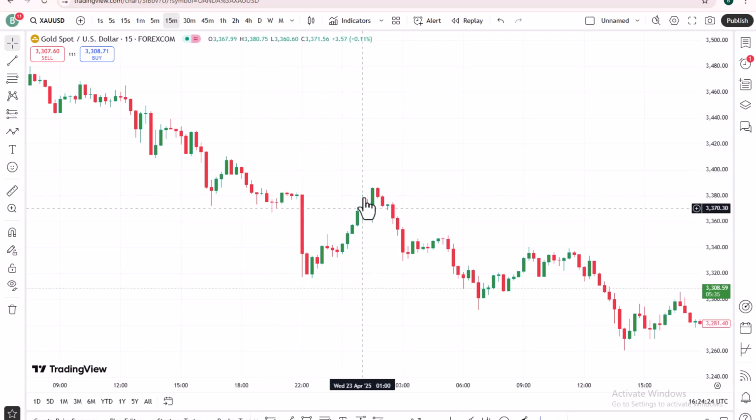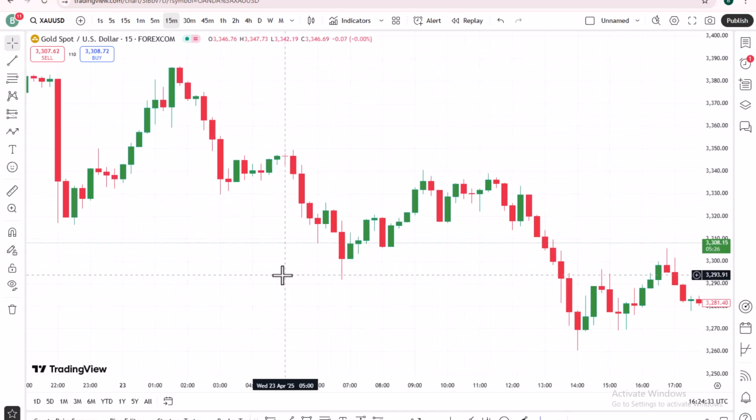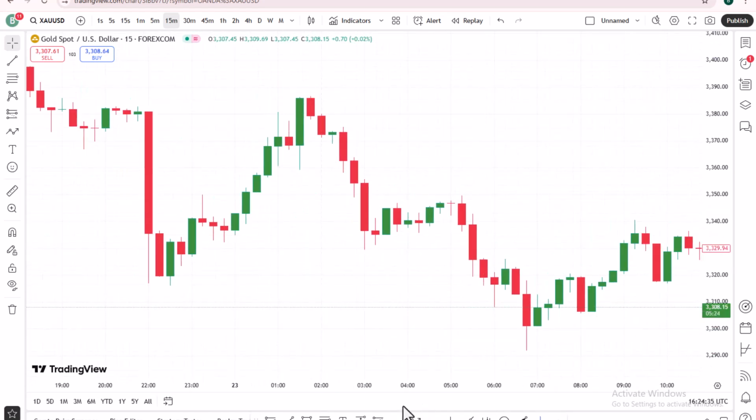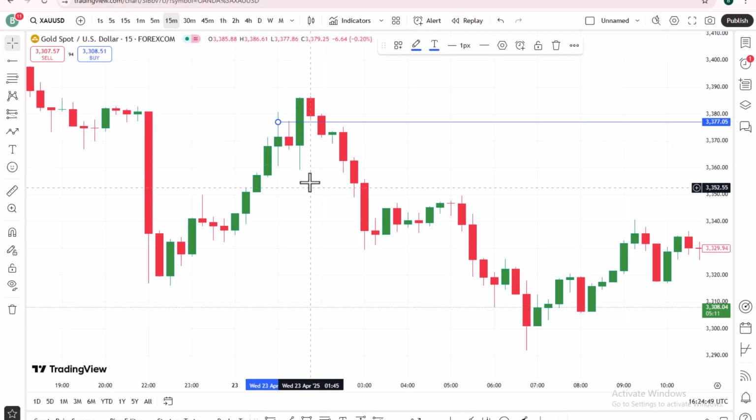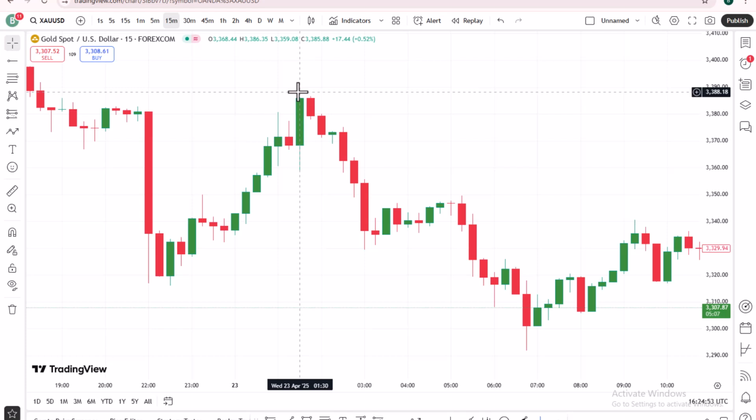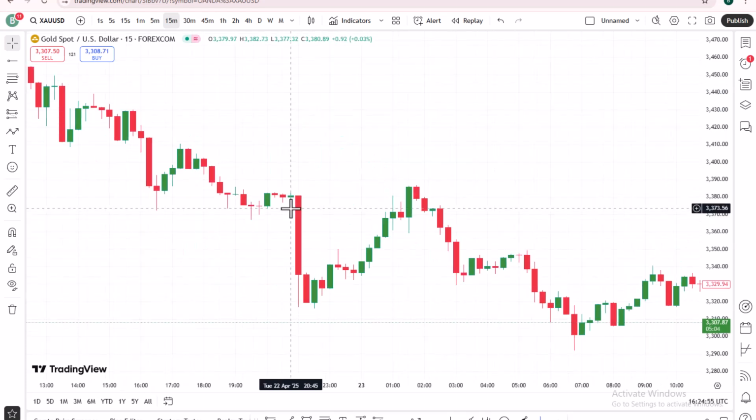So this place I would have actually taken a trade here. At this point I would have taken a trade here, but I would have hit stop loss because I would have put my stop loss right here at the top of this candle. So here's where I would have put in my stop loss, yeah. But I would have hit stop loss after that.